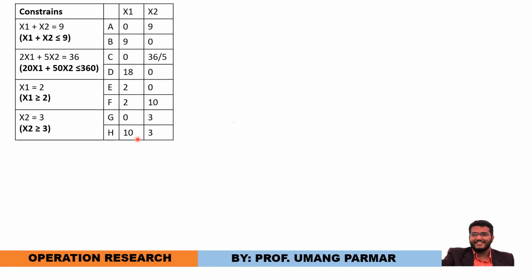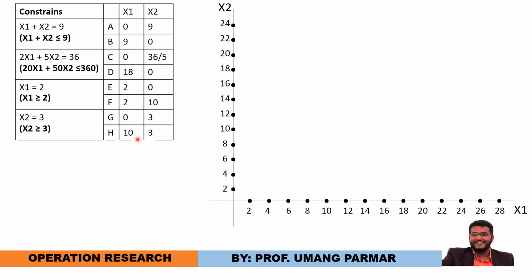Now our first task is to make the axis. So we are making the 2 axes. So these are my 2 axes and certain points, and I am mentioning the numbers. So here we are having the numbers like 2, 4, 6, 8. So we can say that we have taken the scale of 1 centimeter is equal to 2 units. So every centimeter it is representing 2 units of x1 or 2 units of x2.